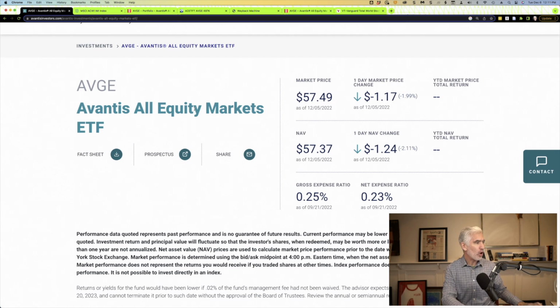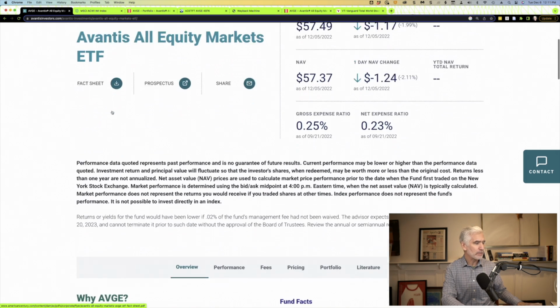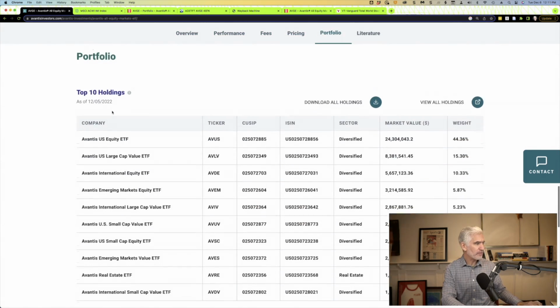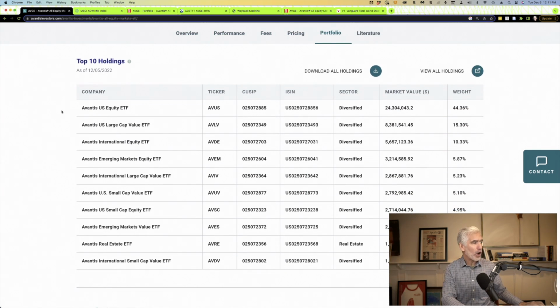As I mentioned, it's an all equity markets ETF. Now, what does that actually mean? We can look at its portfolio. This is a fund of funds. So here's its portfolio. It holds or owns 10 other Avantis funds. That's what it does. That's how it constructs the portfolio. And you can see over here the name of the fund, which gives you an idea of what it invests in. So the U.S. equity ETF is U.S. companies. And you can see here the weight,